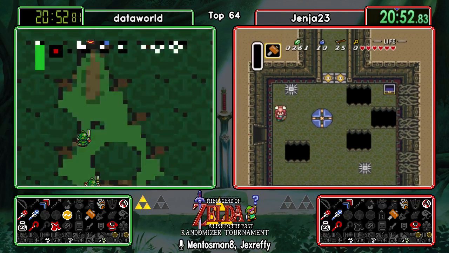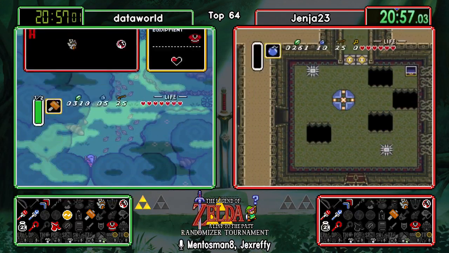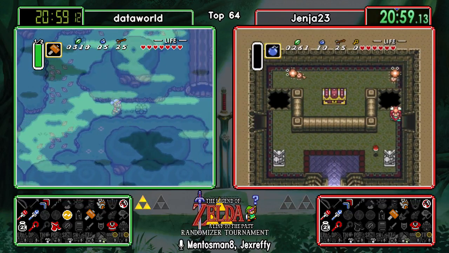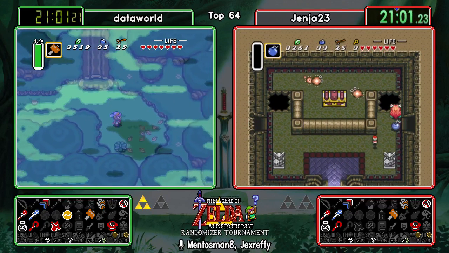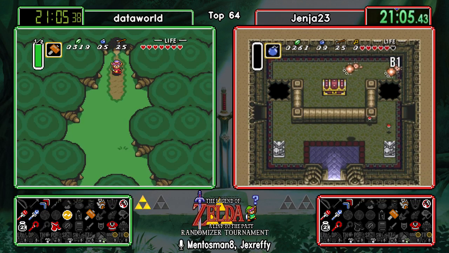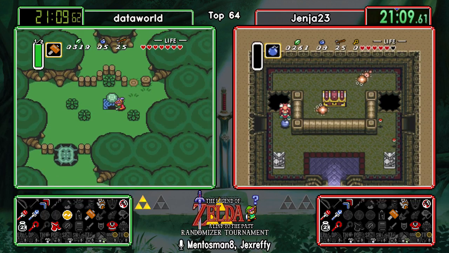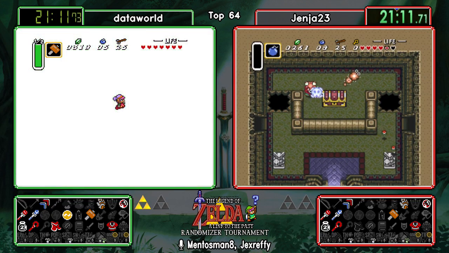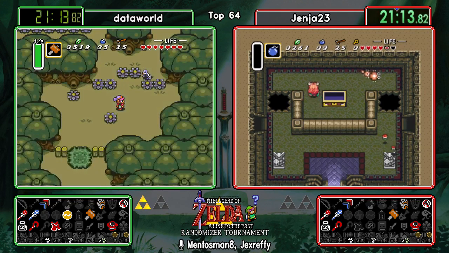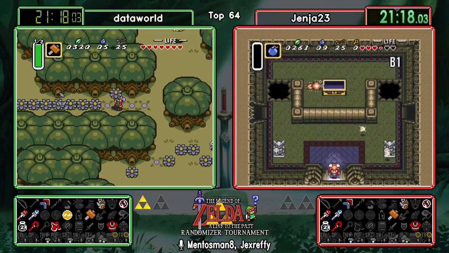So far, just dungeon items in Skullwoods. Yep, gonna do this bomb jump over to the big chest. A little bit harder when you don't have a sword or boots. That looks good to me, although I'm unfamiliar with Jenya's sprite. Yep. And another dungeon item. So at now, this point...